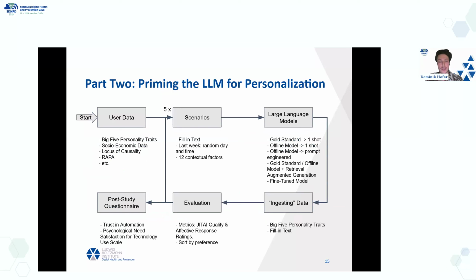And this is briefly discussing how we can implement this dataset. In the second study, we again use the Big 5 personality traits and additional data from the users, and combine this with scenarios where we ask the users to give us feedback given a certain situation, so a contextual feature. We then feed this into 6 different large language models so that we can define what level of engineering we need to achieve. The lower the level, meaning fine-tuning is the lowest one, the more complicated the engineering gets, and the more data we also need.